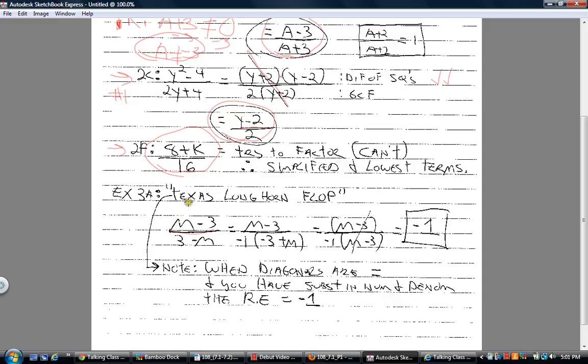The Texas Longhorn flop came to me when I was teaching my very first semester of this back in the fall of '09, and I had a student staring at me. He had a Texas Longhorn hat on. Now, I'm not going to draw the correct symbol for it, but if you look at the Texas Longhorns,